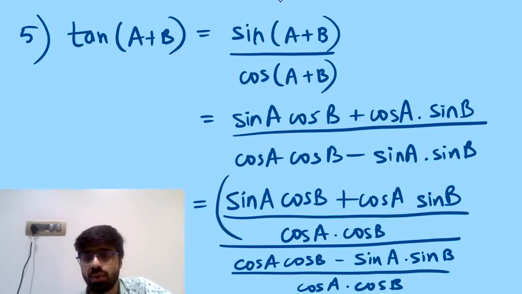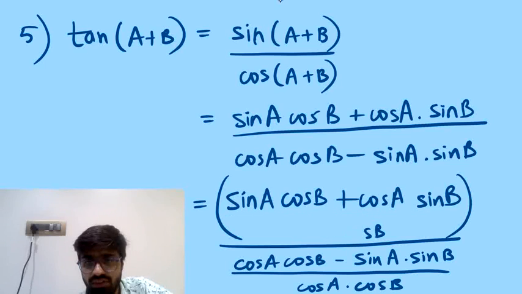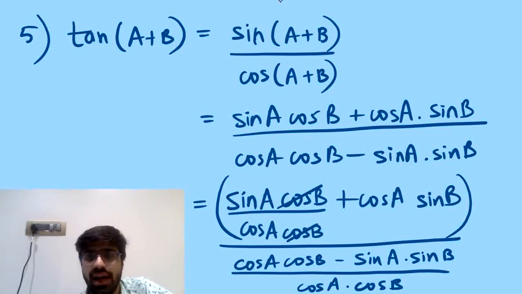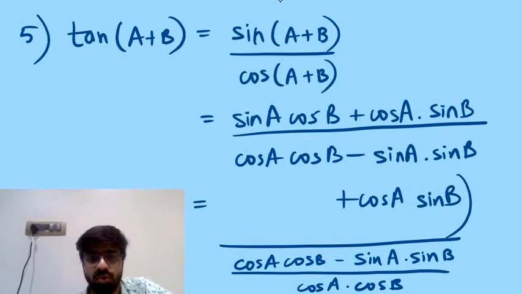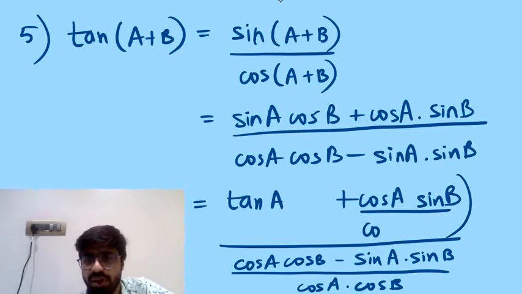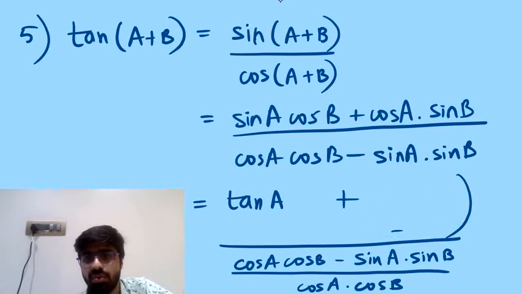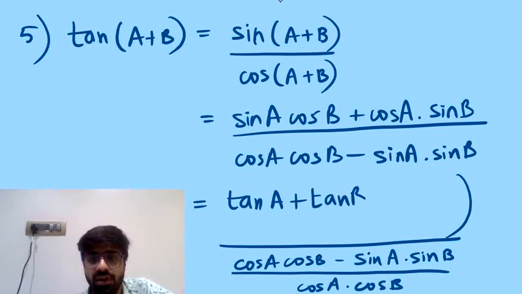When you separate the two terms in the numerator, you will have cos A cos B in the denominator of the first term. Cos B gets cancelled, and sine A upon cos A can be written as tan A. So the first term in the numerator becomes tan A, plus there was a cos A cos B in the denominator of this as well. Cos A gets cancelled. Sine B upon cos B will be equal to tan B. So the second term here becomes equal to tan B, and the numerator ultimately is tan A plus tan B,